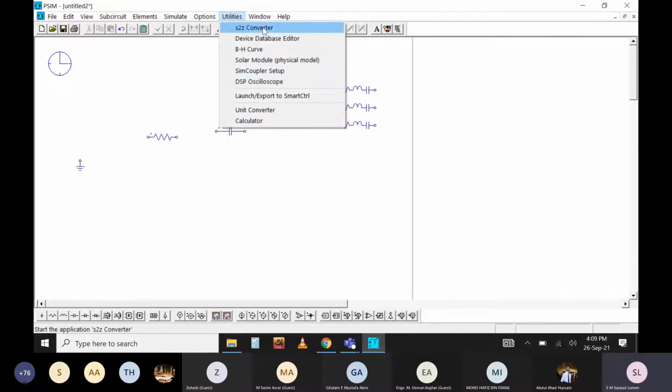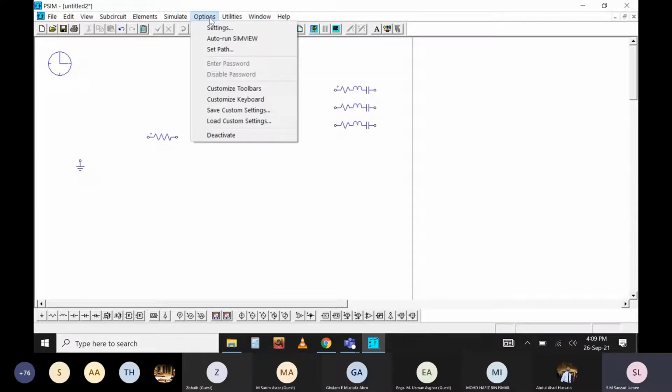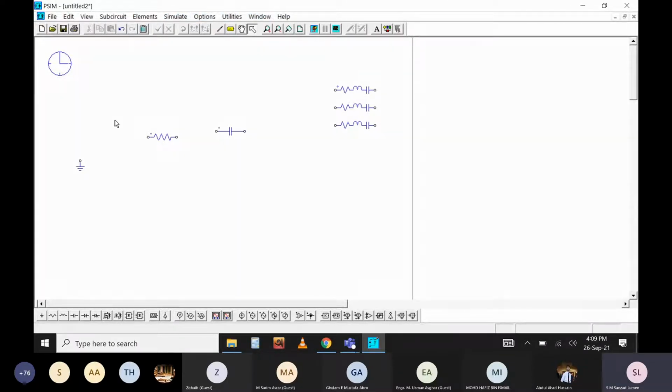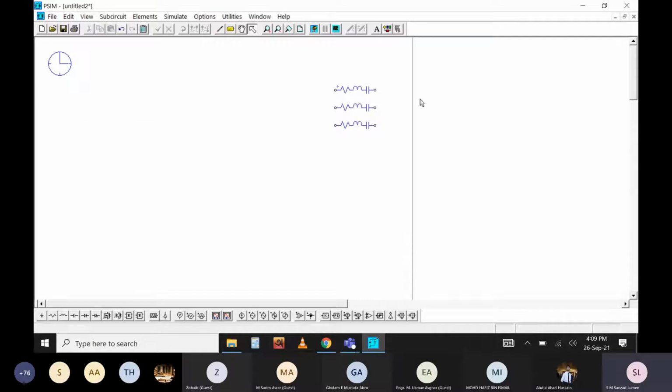You can later go through all the things and try by yourself how the different settings and tabs work and respond. I'm not going through them in detail. Better we try simulating a simple circuit now. Let's try with a simple circuit, then it will be easier for you. If you have any queries or questions in between, just let me know. I don't mind interruption. Just feel free to ask.